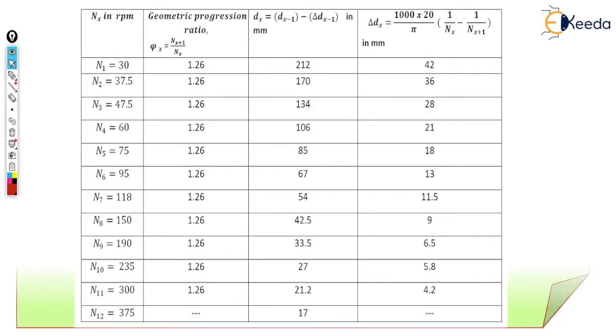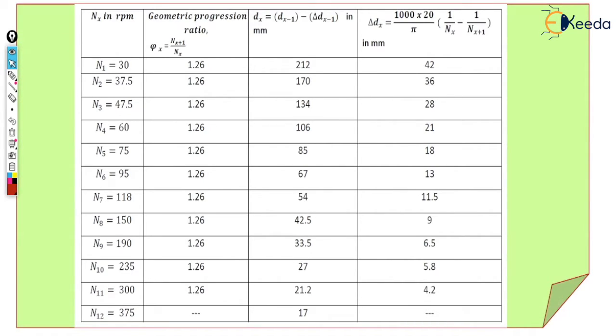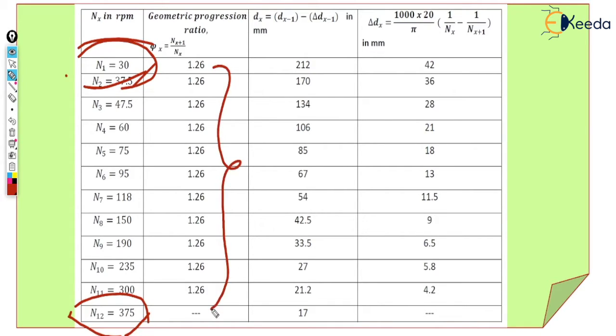Now for the example, there is a table and there is a speed range in it. The speed starts with n1 equal to 30 and it ends with n12 equal to 375. If we check these values, they are all the same, 1.26. It means the progression ratio is constant. We have to understand that if we relate n1 and n2, simply n2 is equal to n1